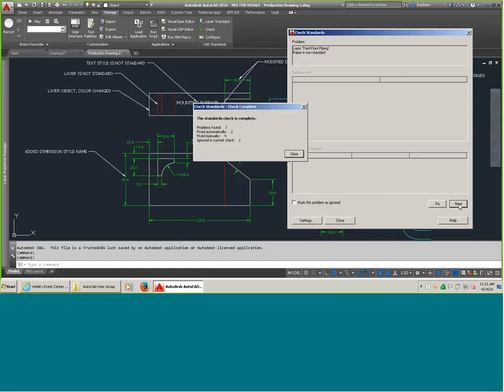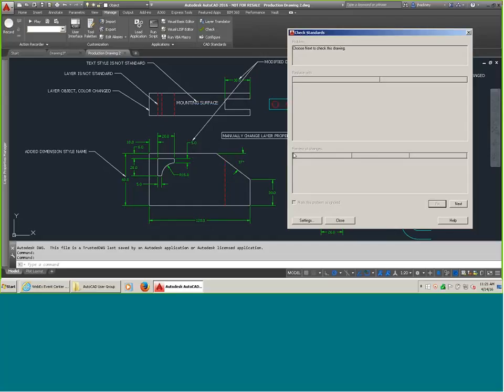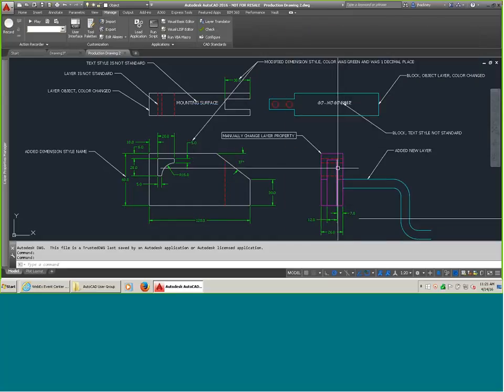Again, my text, and you'll see it has 7 are fixed, 2 are automatic because they were the same name, 4 manual, and 1 was skipped. Now,